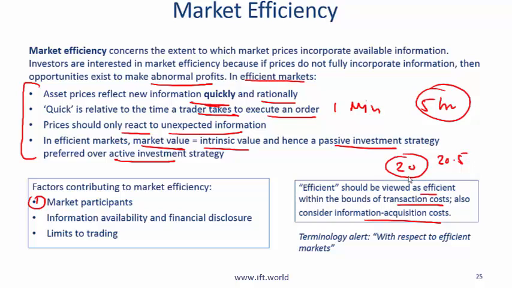Then would you buy this? You would not buy it, because after spending $1, your investment is 21. So if you believe that the true market price should be 20.5, that doesn't help you given that you are spending 21. So the point is that when we talk about efficient markets, we should also consider the transaction costs. And also it might cost us money to figure things out. That money is called information acquisition cost, and that should also be considered.